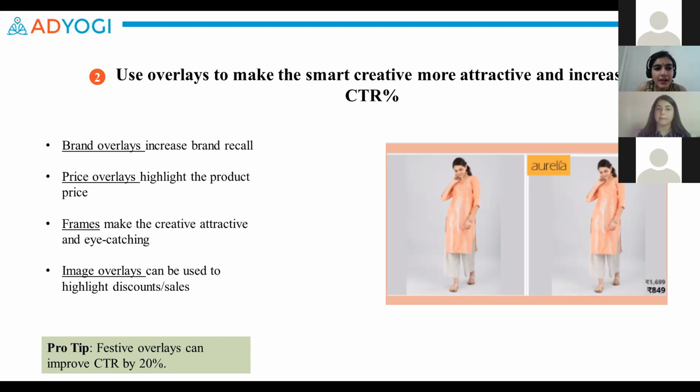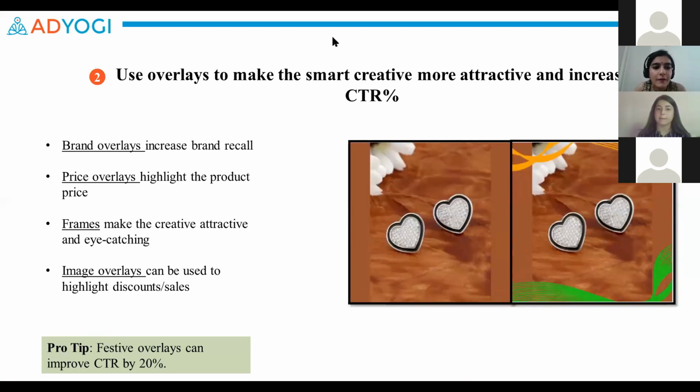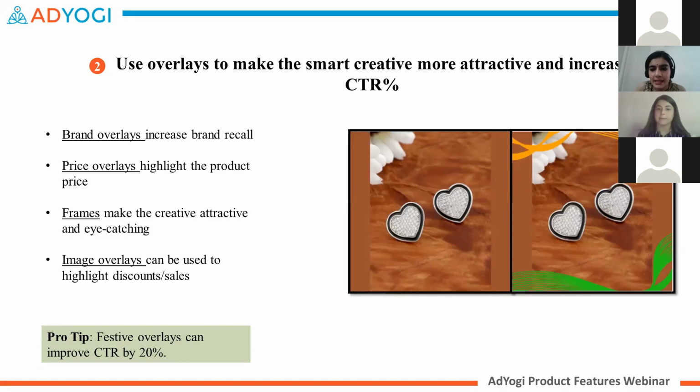Next, we have frames. Frames generally cover the corners of the catalog images and are used for decorative purposes. Festival specific frames usually have a higher CTR, and they also are much more enticing and attractive, especially during festival season. We can have frames like Independence Day frames, as we can see in this image. We can also introduce Valentine's Day frames, Diwali, whatever festival we have, we can just uplift the image by updating the frames for that particular festival.